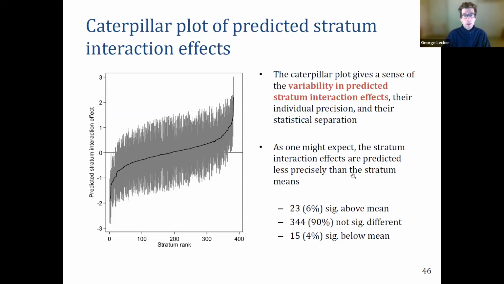Here is the caterpillar plot for those interaction effects, the u_j hats. So these are, as I indicated earlier, much smaller quantities because they're just how each stratum deviates from expectations. They've got pretty wide confidence intervals. Nevertheless, we are getting some statistical separation. Up here, we've got a few strata who are significantly above the mean of 0, which is 23 or 6% of the sample. And we've got some 15 or 4% significantly